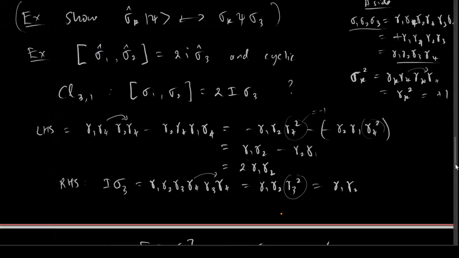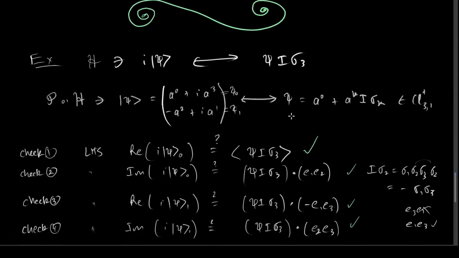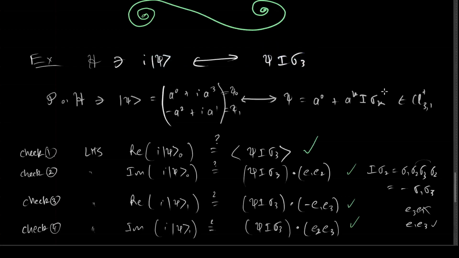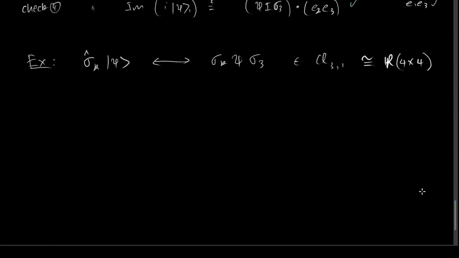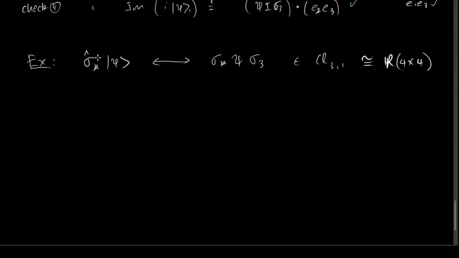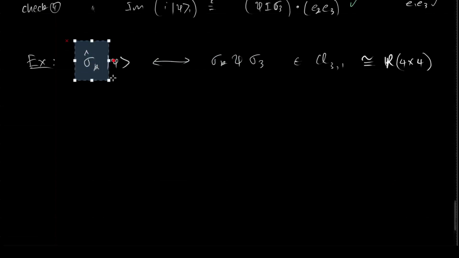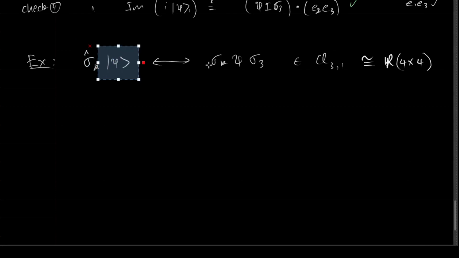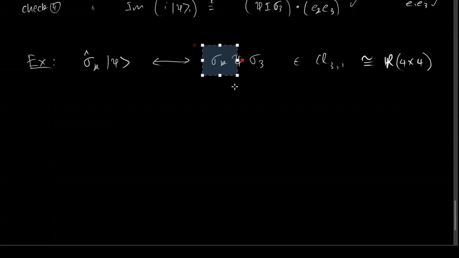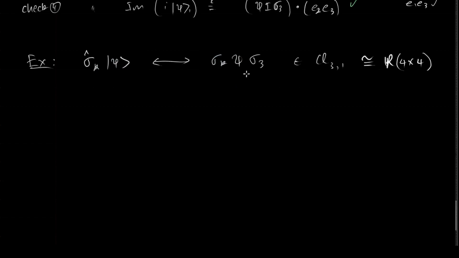Okay, last time we checked the commutation relations, or at least in the first video. Then last time we checked the multiplication by the unit imaginary, and today we'll check the last relationship that I care to check, which is matrix multiplication. So here's the Pauli matrix, here's the Pauli spinor. We're proposing that it maps to right multiplication by the Pauli bivector times the wave function times the sigma 3